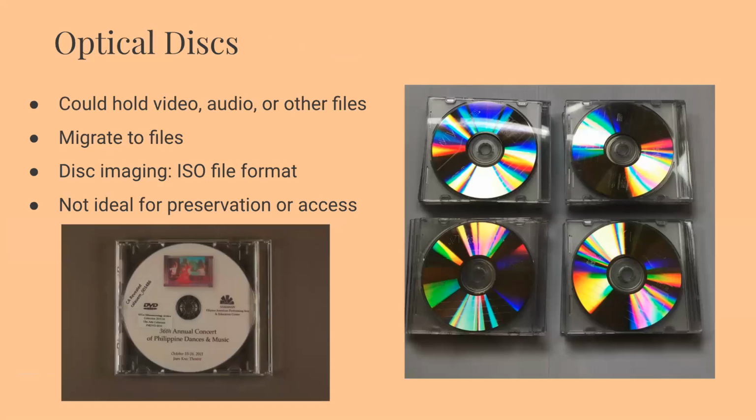The next common set of audiovisual formats are optical disks, which are unique in the audiovisual world because they could also hold non-audiovisual material like still images or text documents. Usually the disk will have some writing on it that will indicate whether it's a DVD or audio CD or a data CD. While extracting the files from some optical disks might be as easy as plugging the disk in to your drive, opening the file directory, and copying the files to your computer hard drive, there are some disks, such as DVDs, where the best way to preserve them is actually not doing that,